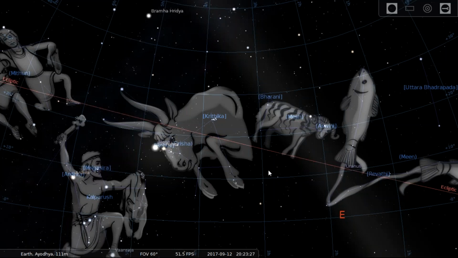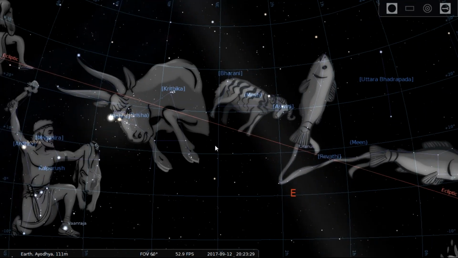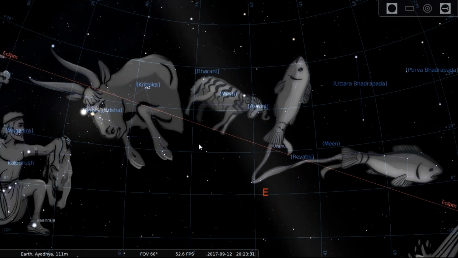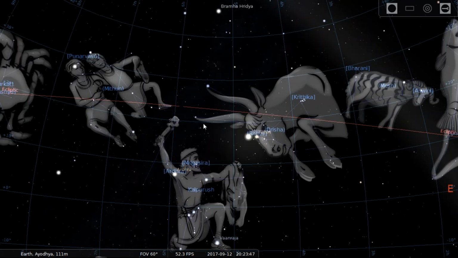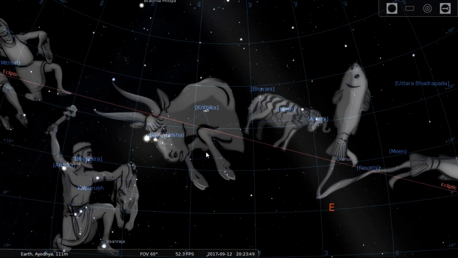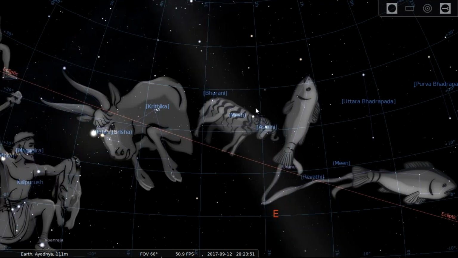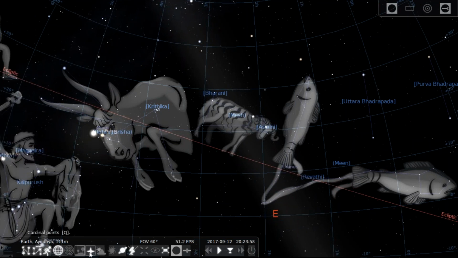This is the sky map, how it actually looks. It is my Stellarium software that I've installed. You can also install it and look at how the sky map looks and what the current planetary alignments are in the sky. Here you can see the first rashi that we have, Mesh Rashi. One more thing, it has some more features as well. So if I add ground,